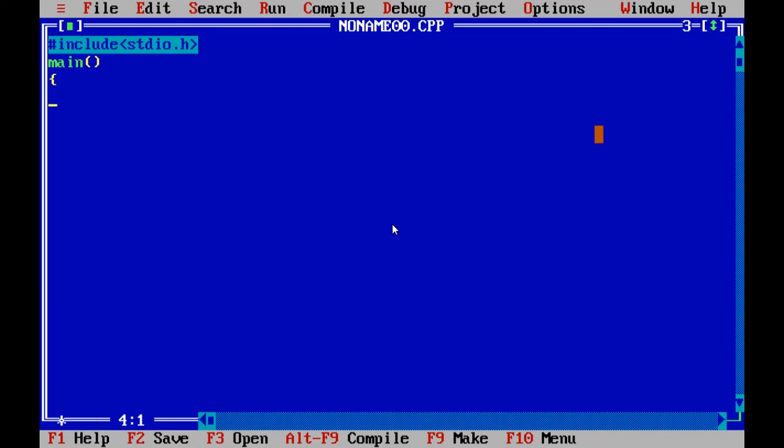Main function, int i semicolon, num, unsigned.